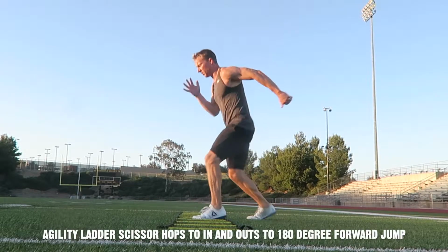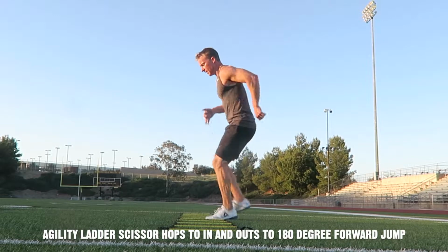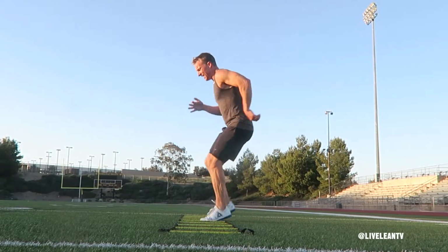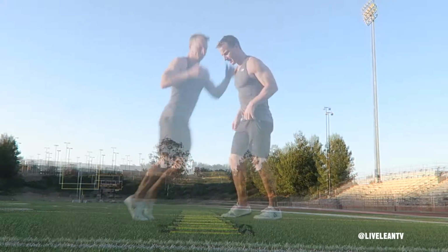The Agility Ladder Scissor Hops to In and Out to 180-Degree Forward Jump is a fat-burning combination that also improves foot speed. To get started, while facing an agility ladder, complete the scissor hop by placing one foot in a